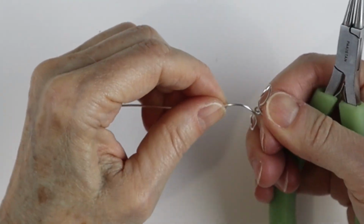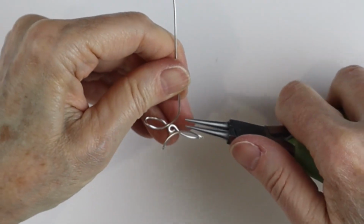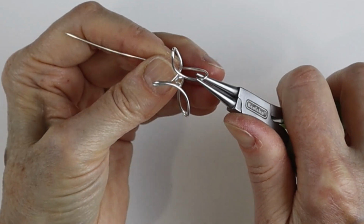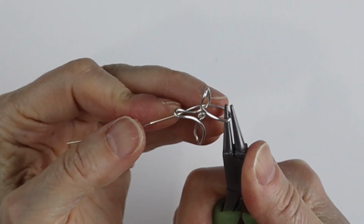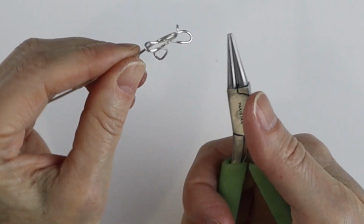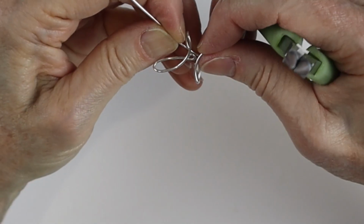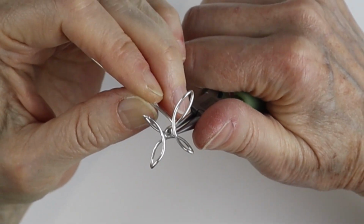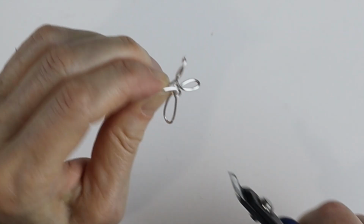It's a little bit tricky. You might have to make a few samples before you make your finished one. And the wire just brushes across the loop there. Hold the wire and bend it to the back. Curve it towards the center, making sure the sides are even. Flip it to check, and now we're going to hold the wire with the round nose pliers and create another loop that's exactly behind the first loop, so it's nice and discreet. Adjust it to make sure they're lined up, clip the end flush,